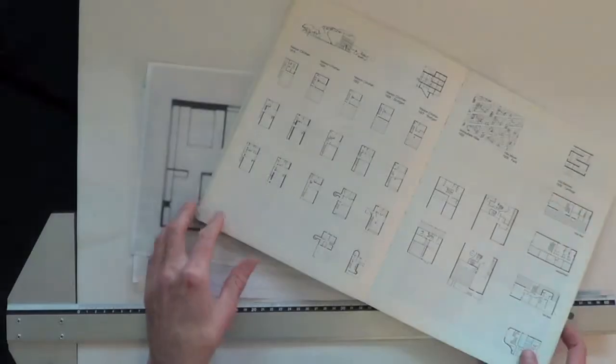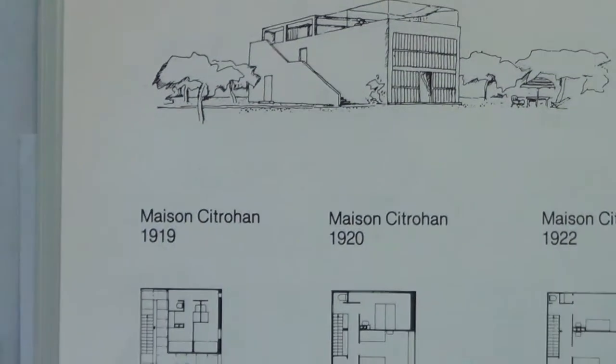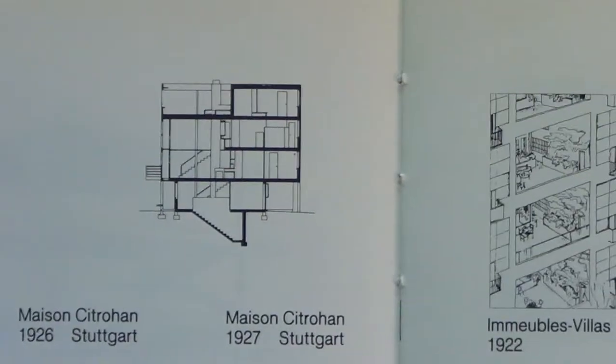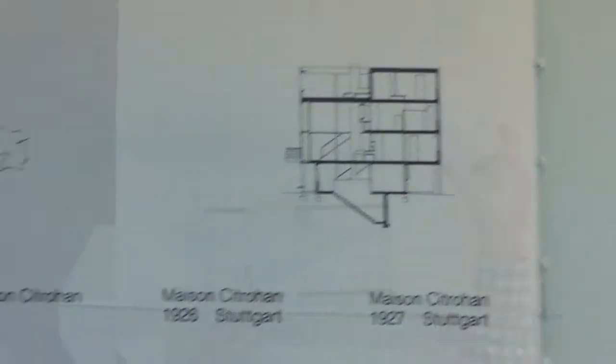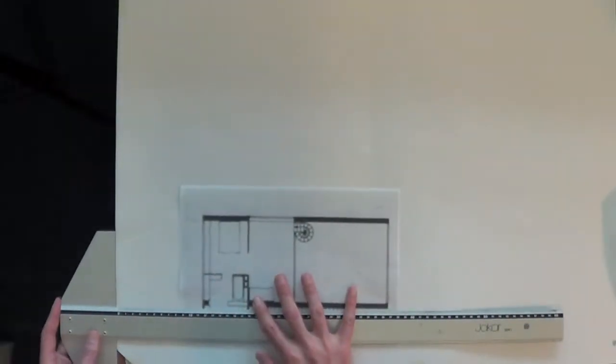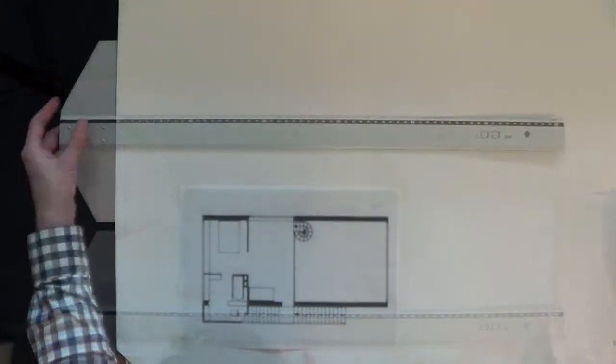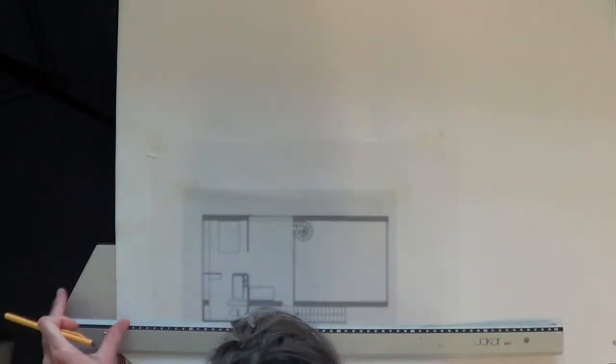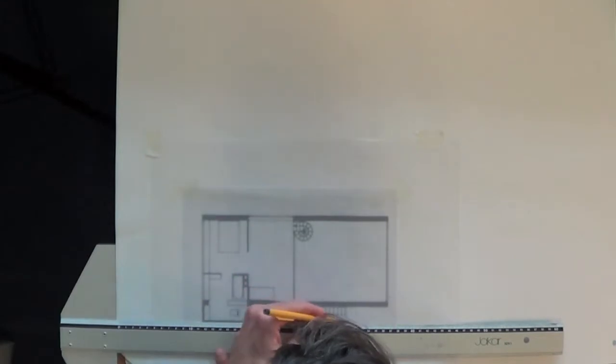This short video aims to show you how to use projection in orthographic drawing, and to demonstrate I'm going to use the example of Le Corbusier's Maison Citroën, the earliest version from 1919. I've enlarged the plans to the correct size and I'm tracing through for clarity the centre floor, the first floor of the house,